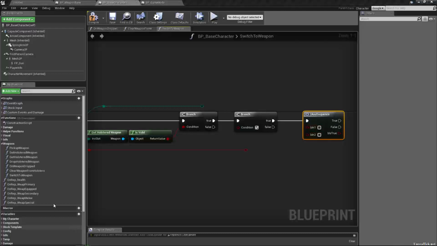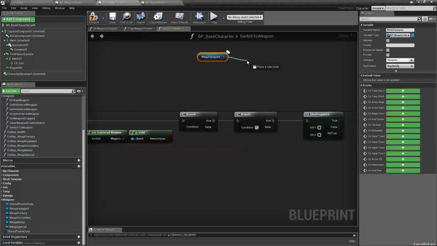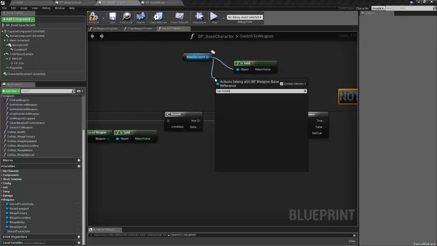is, first of all, is our weapon equipped valid? So we do an is valid peer. And two is, and we're also going to need a not boolean on there. Two is, do we even have this? Can holster. No, we need another function. Oh,